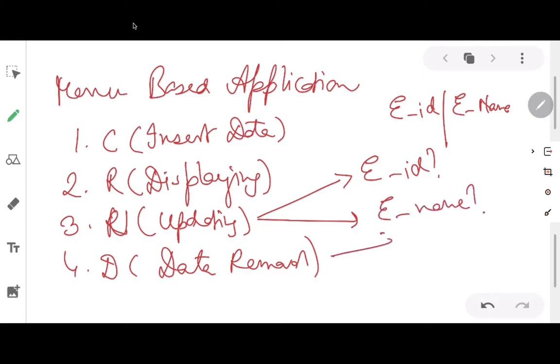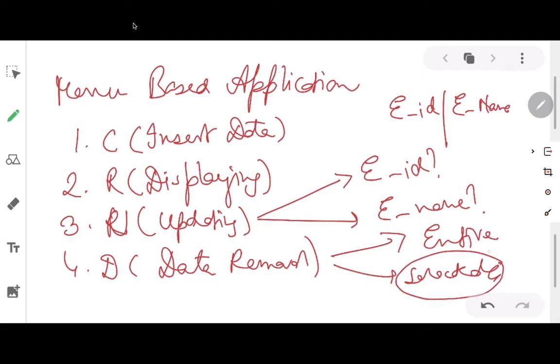Within data removal also we will have two options: whether the user wants to remove the entire data or the selected data. Based on the input, we will be doing the operations as selected by the user. And what does deleting selected data mean? How will we do the filtration for deleting selected data?